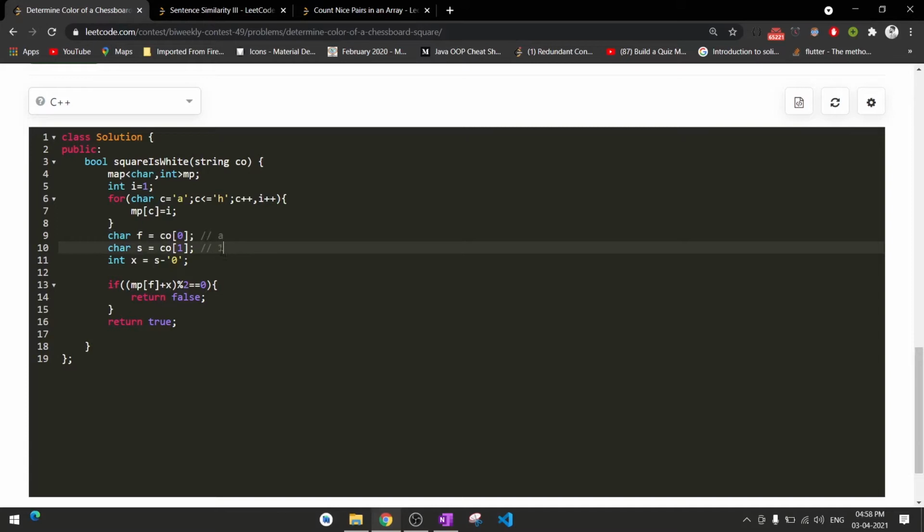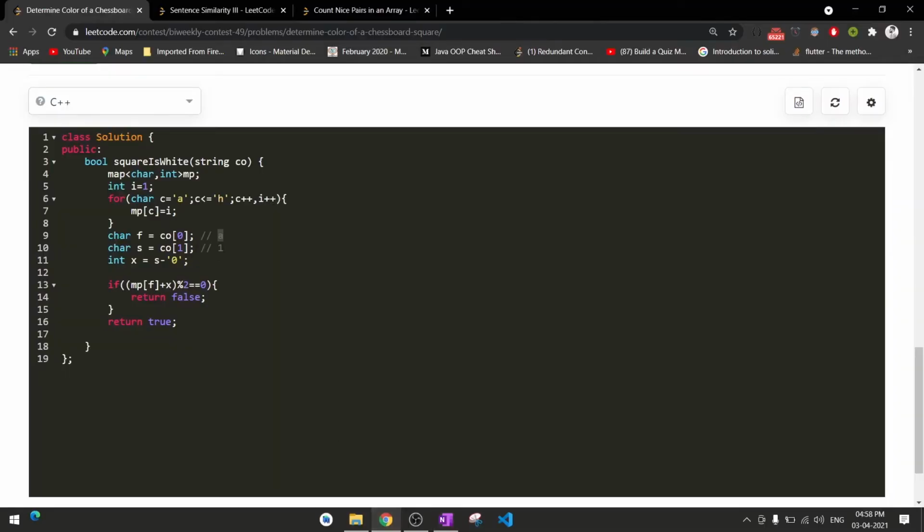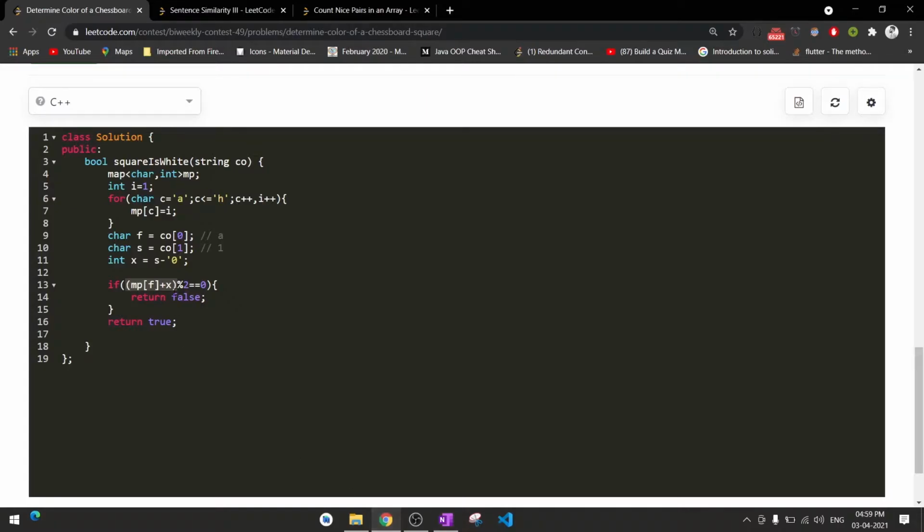But it is in string form, so I will convert it into an integer and sum it. For a1, I take the 1, and I have to know the value of a, which is 1, so I get it from this map, m of f. If the sum is divisible by 2, then it's a black square, so I return false, otherwise I return true.